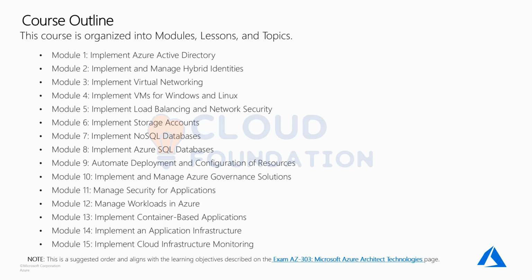Starting from Azure Active Directory, that is building the foundations in terms of security and identity management, then moving ahead with infrastructure as a service, which is networking, creation of machines, load balancing, then moving further with data storage in terms of unstructured data using storage account, semi-structured data using NoSQL databases, Cosmos DB, going ahead with SQL database, then moving further with automation in terms of deployment and configuration of resources, again moving into security details using governance and security solutions within